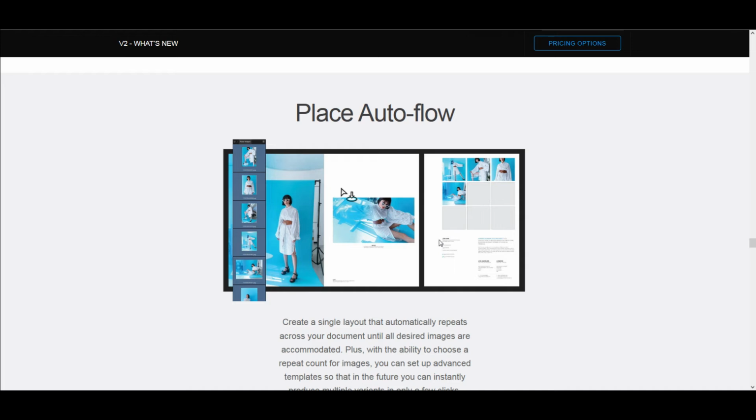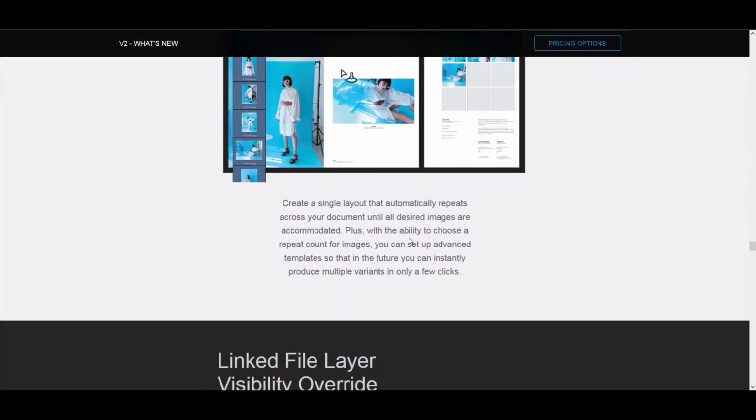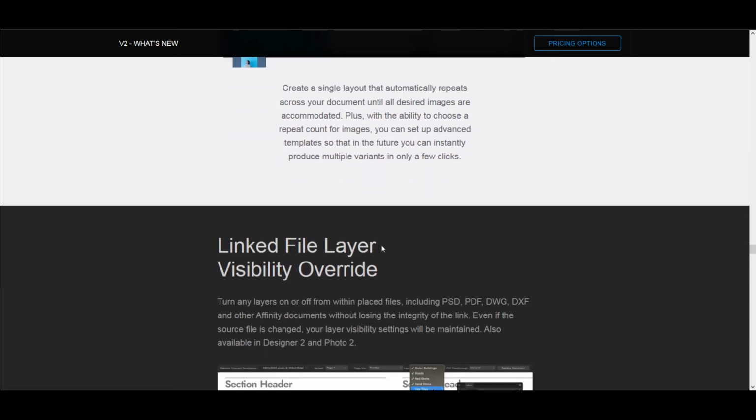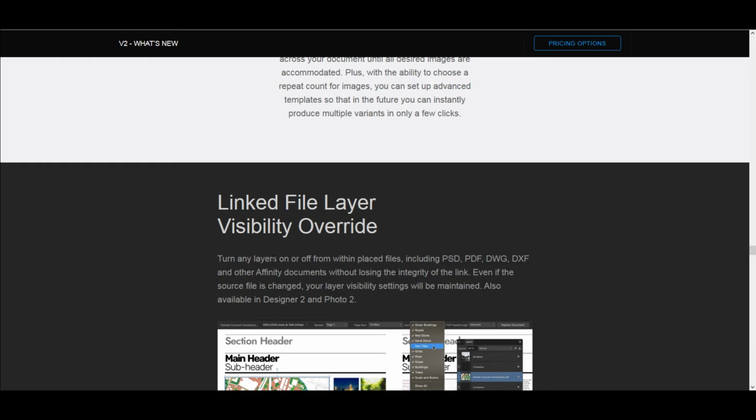So that's I think really cool too, because that makes your design process so much faster. Specifically, you create a single layout that automatically repeats across your document until all desired images are accommodated, plus the ability to choose a repeat count for images. You can set up advanced templates, so in the future you can instantly produce multiple variants in only a few clicks. And then you have link file layer visibility override, so you can turn any layer on or off from